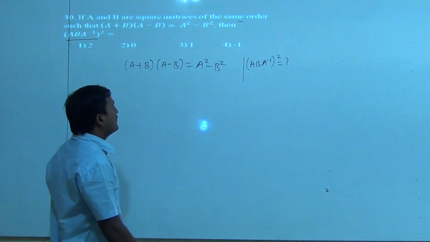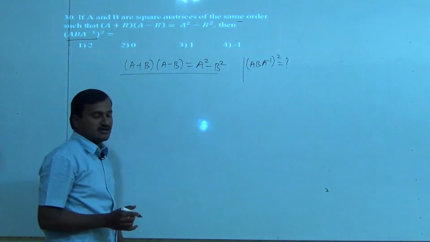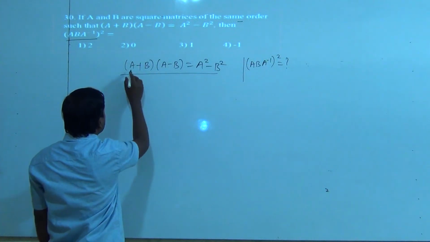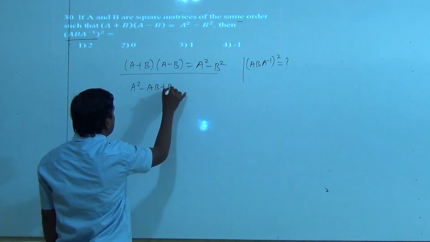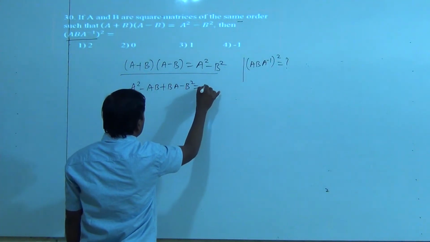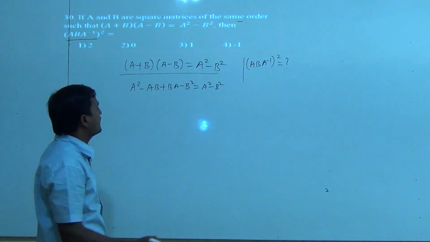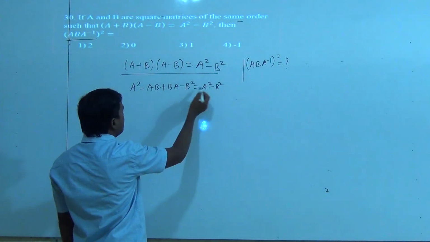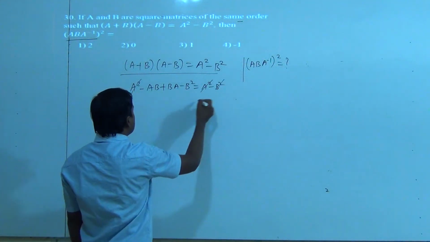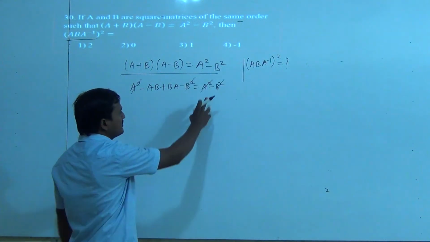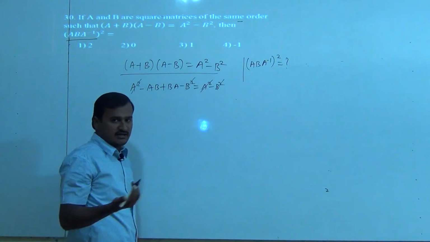Okay, so to find this one we should use this result. This result is given. Okay, so here I will take the multiplication. A into A means A square minus AB, okay, plus BA minus B square is equal to what? A square minus of B square. Okay, just I have multiplied this. Okay, next. So clearly you should observe here this A square and this A square will get cancelled. Here it is minus B square and this B square will get cancelled, because minus B comes to this side means plus B square. Minus B square plus B square will get cancel each other.